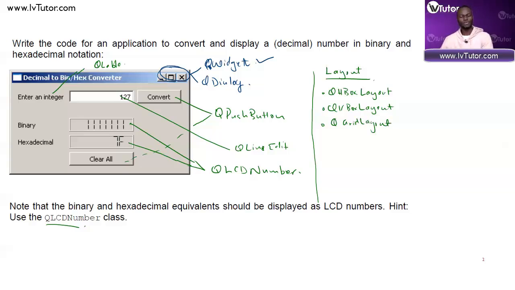So the QHBoxLayout arranges items horizontally. So they go in this direction, right? The QVBoxLayout arranges items vertically. So they go in this direction. And then the QGridLayout puts items on a grid. So you've got rows and columns, depending on what you are trying to do. So these are the 3 types of layouts that we mostly use depending on the kind of user interface that